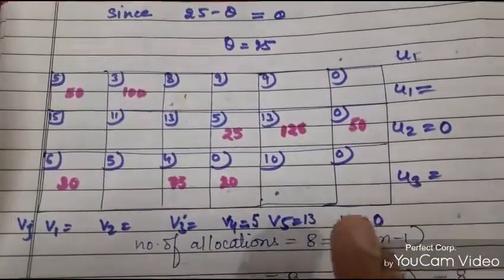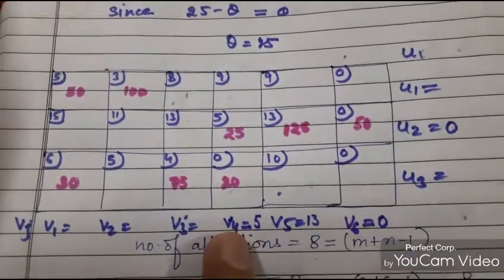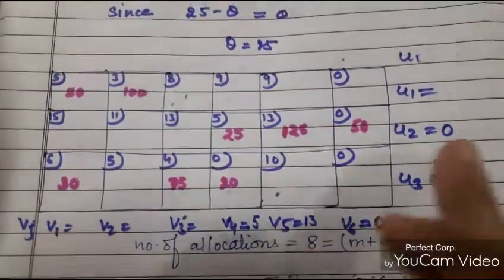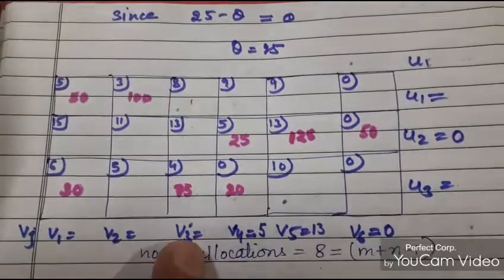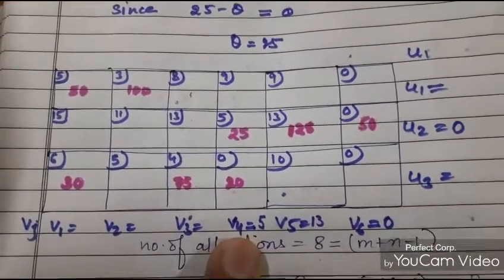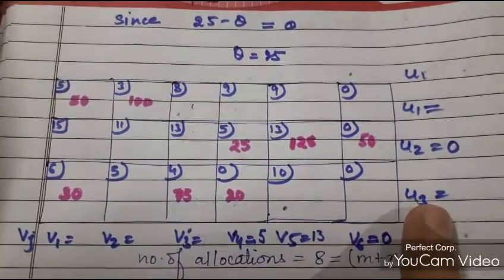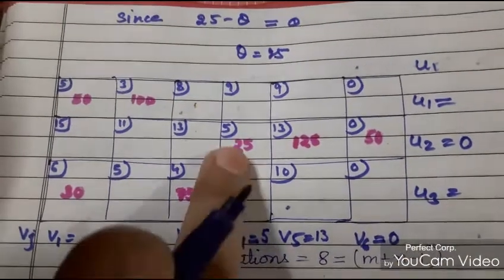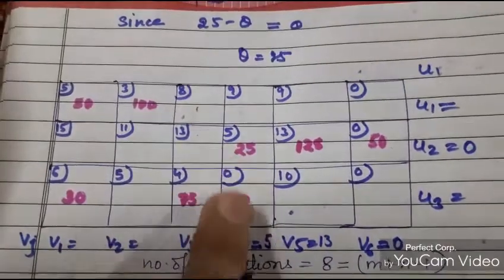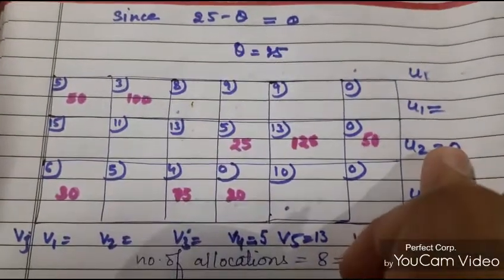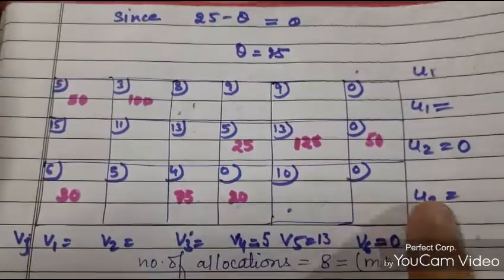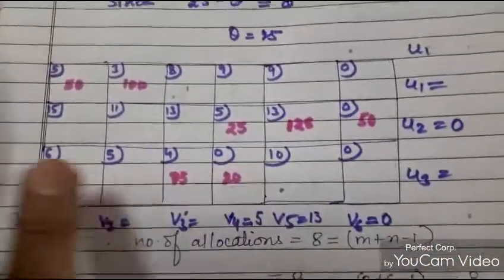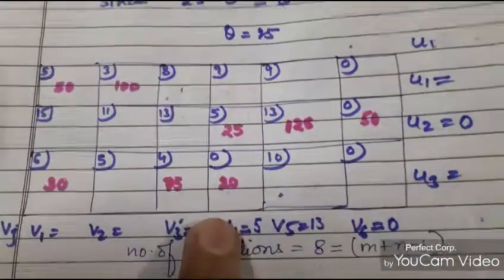Now with the help of the other values we have obtained, we can calculate v1 and v3. So let's start. We have obtained v4, so we can calculate the value of u3. For this v4 we have 2 allocations. v2 we already know, but we don't know the value of v3. This cell is C34.